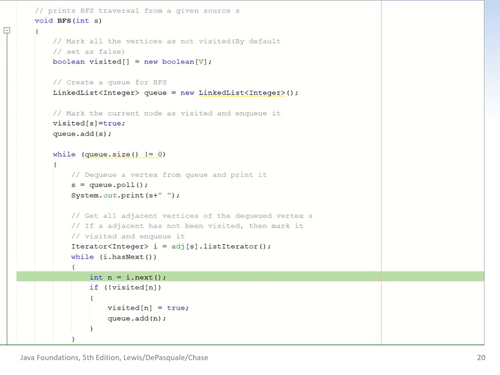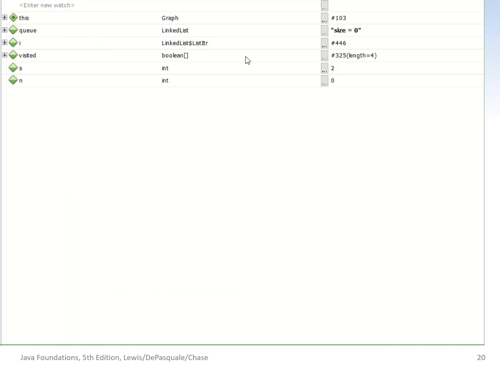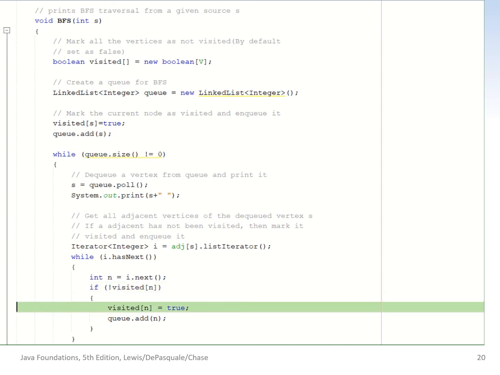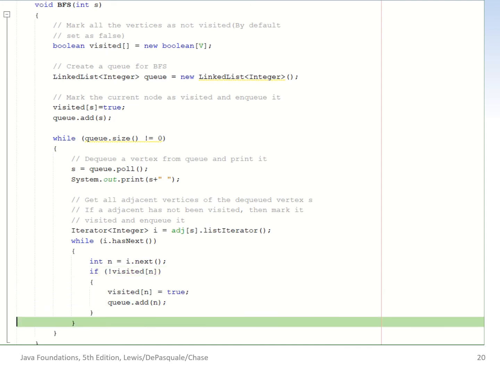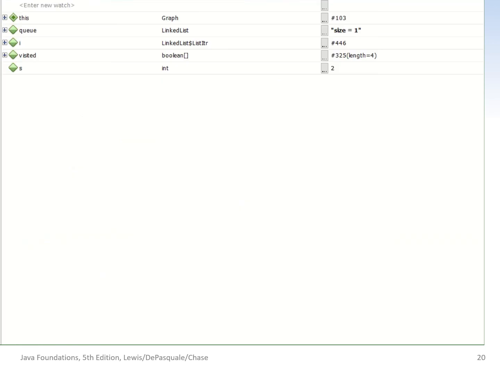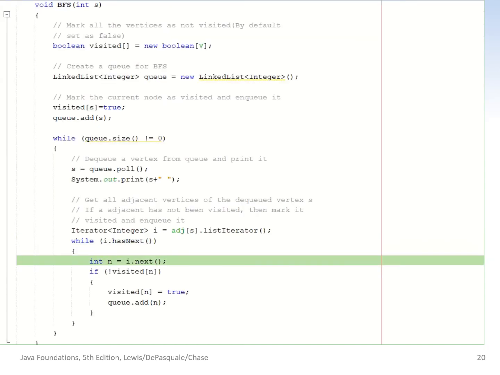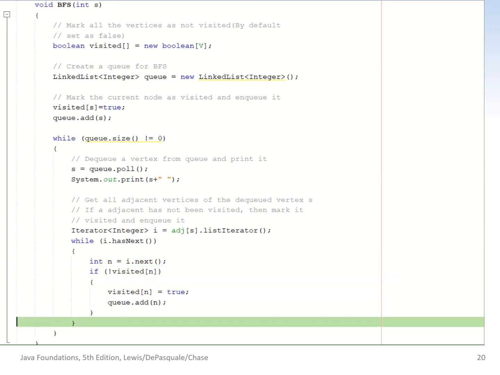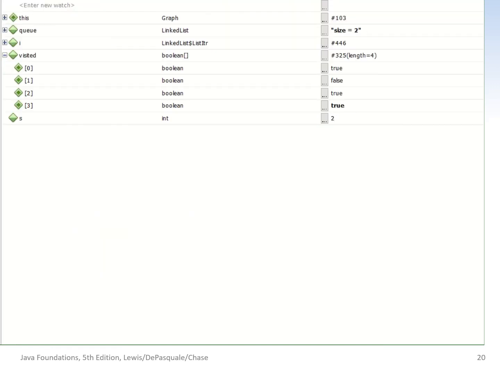int n equals I dot next. So now n is 0, and here we go. We'll continue to walk through this. We visited 0. Okay, and we're going to walk through. This is kind of hard to do graphically. So after we step down through a couple more,